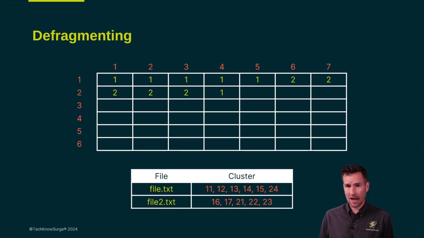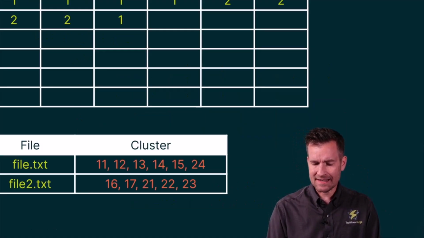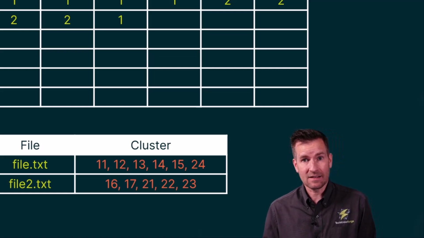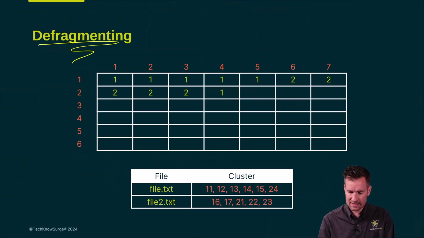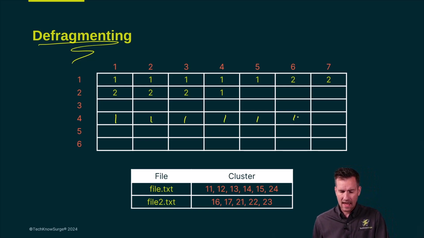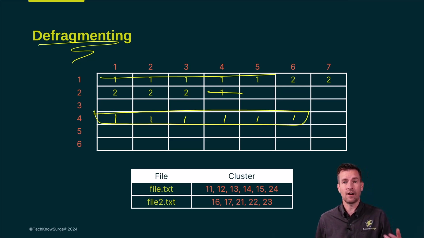Because this can cause problems on some storage devices, there is a process called defragmenting, or defrag. You do a defrag on something like a hard disk drive. What that means is it'll start consolidating these fragmented files into contiguous clusters. And so what that means is that it will rewrite this file 1 into a different spot on the drive, and then it will remove it from this spot right here. So now we have it all contiguous. It's all in clusters that are in a row